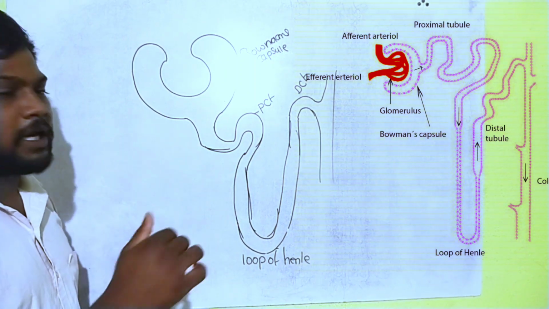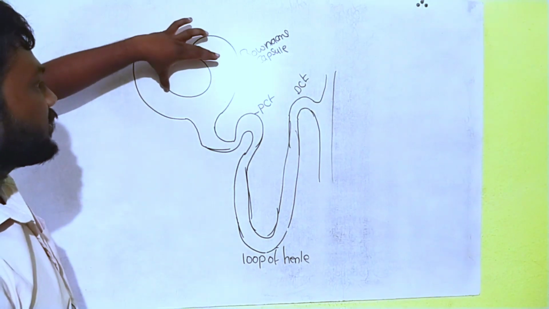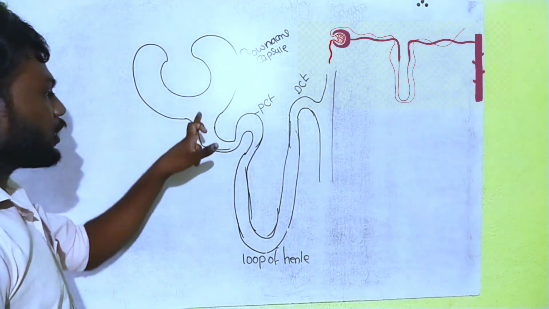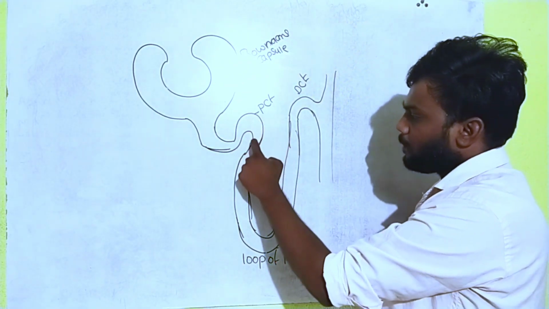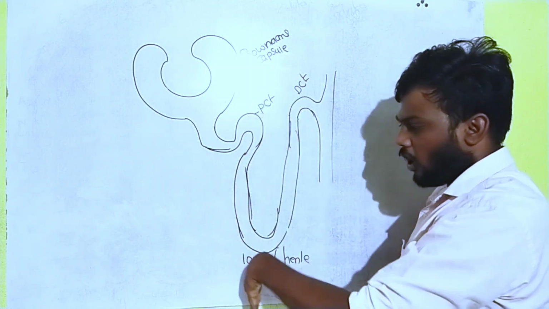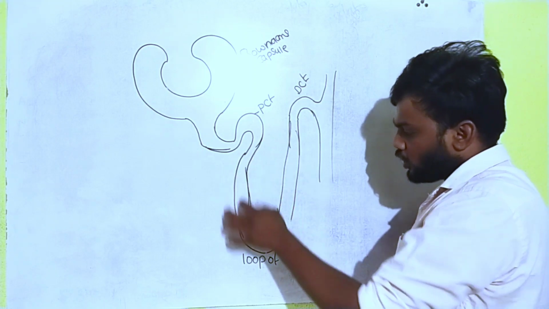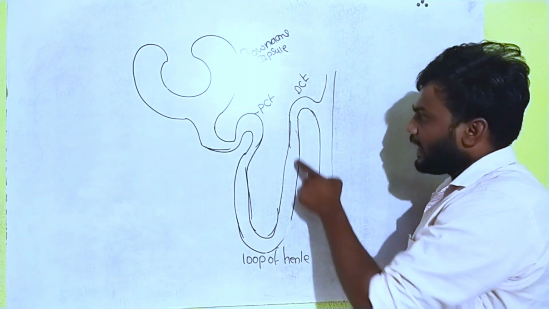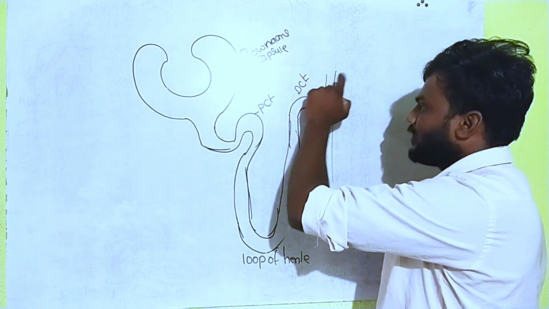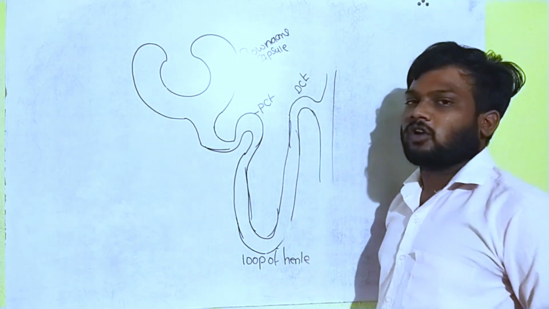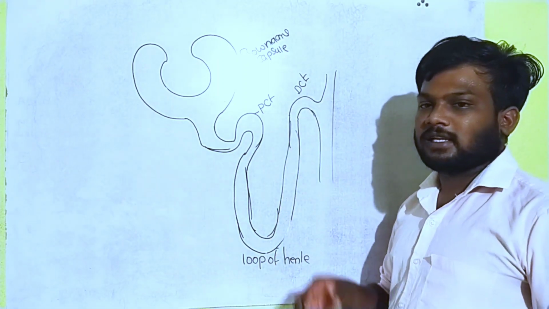Now we are going to explain the structure of nephron in detail. Let me recall: this is a cup-like shape called Bowman's capsule. It continues as the coil part, the PCT, and the PCT continues as the descending limb, downward, and here the ascending limb, upward. Two arms are there. This U shape we call the loop of Henle. Again after the loop of Henle there is a coil called the DCT. Finally this DCT connects with the collecting duct. This is the structure of nephron. PCT means proximal convoluted tubule. DCT means distal convoluted tubule.